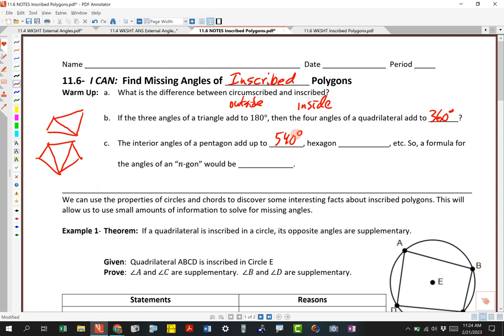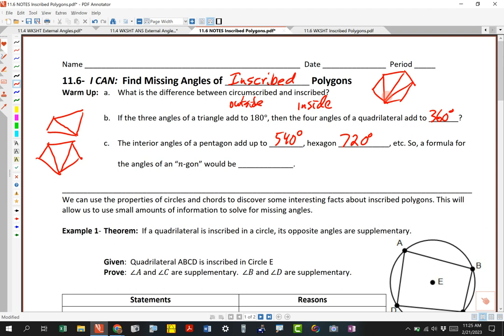Hexagon. Okay, Dane, do you think it's 720 or do you know it's 720? He thinks it's 720, okay? So if I were to draw a hexagon, 1, 2, 3 diagonals take care of it. There's a bit of a pattern as to how many sides there are and how many triangles you can make out of that and how many diagonals you have to draw. Okay, so that would be 4 triangles, right? Each 180. So 4 times 180 is